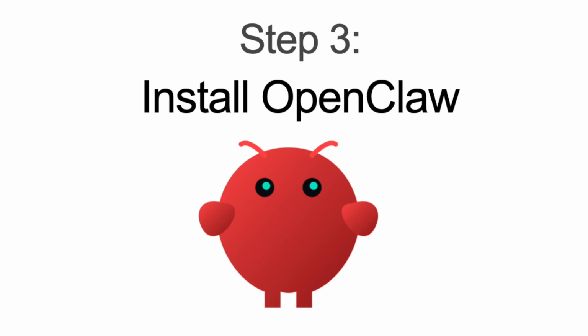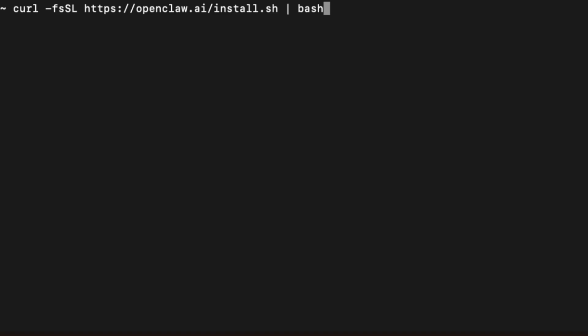Step 3. Install openclaw. Now that Node.js and Homebrew are installed, we can install openclaw, which will run our 24/7 AI agent. The first step to install openclaw is to open your terminal and run the curl command to download the installer. This command connects to the openclaw server and retrieves the installation script so you can proceed with setting up openclaw